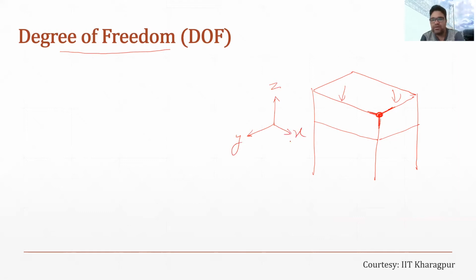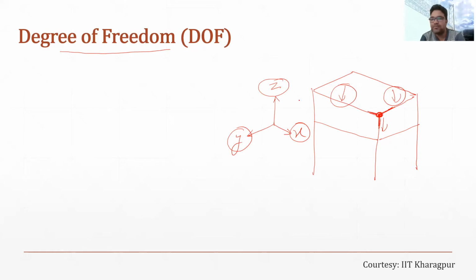So now we will visualize that this joint can translate along the x axis because of the load. It can translate along the z axis. Obviously it may get down because of the load, so movement can occur along the z axis also. Similarly, the movement can occur along the x direction also, and movement can occur along the y direction also. Those are the possible movements.